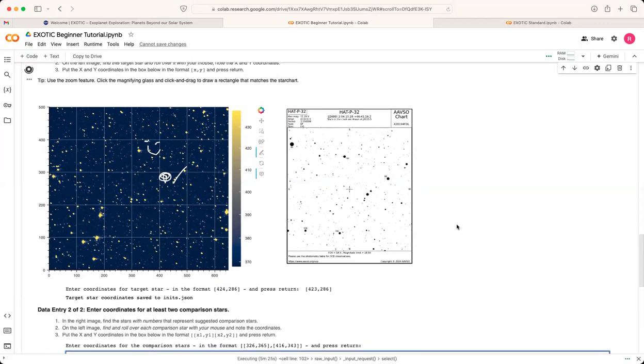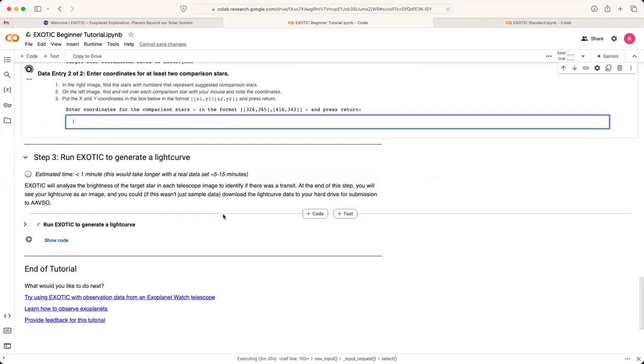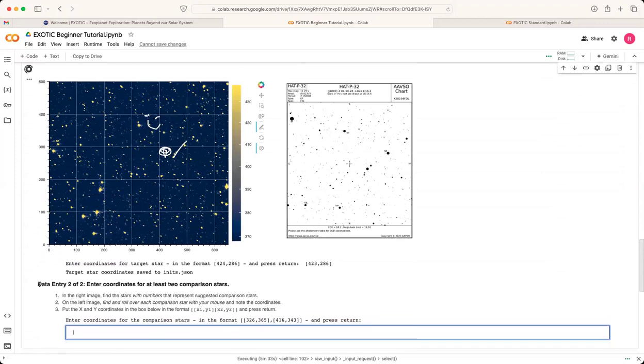Then Exotic will check your work. Sometimes it might not check your work here. It might not take until the next step, step 3, where it checks your work. But now we go to data entry, step 2 of 2, where we enter our coordinates for at least 2